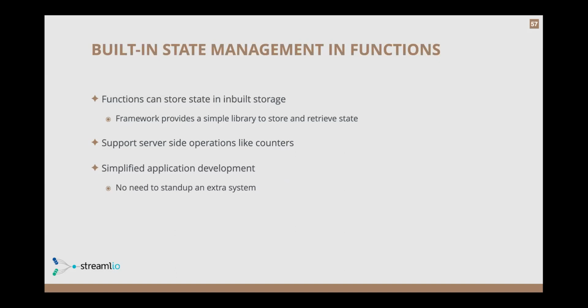The context has a put state and get state methods, which are a key value interface. You can store data, store an element, retrieve it, and then restore it again as well. The biggest advantage of this is, again, there's no secondary system you have to stand up just to do persistence of data. It's built into the Pulsar Functions API framework automatically as part of Pulsar.